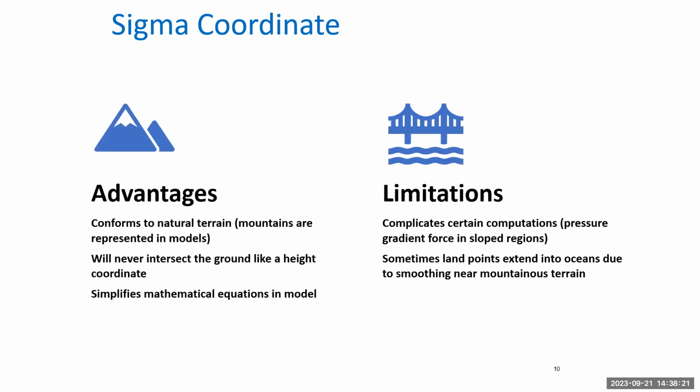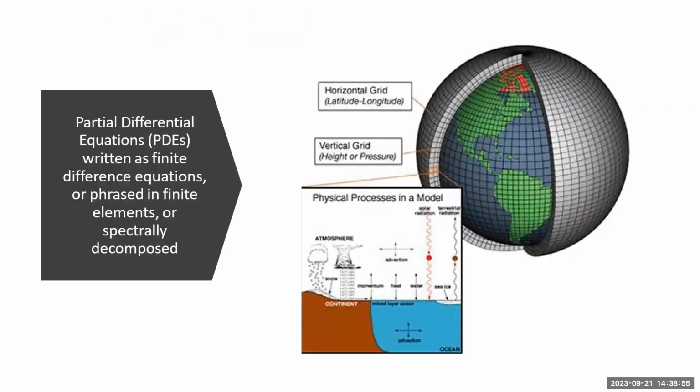And sigma coordinates, when they're used, basically some advantages are there: they conform to natural terrain. So mountains are represented in models where they will never intersect the ground like a height coordinate, and it simplifies mathematical equations in the model. Whereas there are some limitations also. This complicates certain computations, such as pressure gradient force in sloped regions. So it's not ideally vertical everywhere. And then sometimes land points extend into oceans due to smoothing near mountainous terrain. So these are some of the limitations, but we'll see what kind of vertical component we are